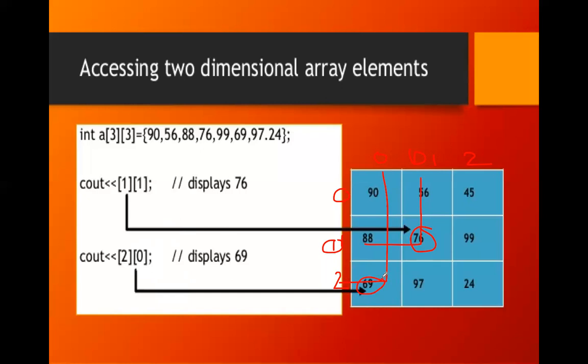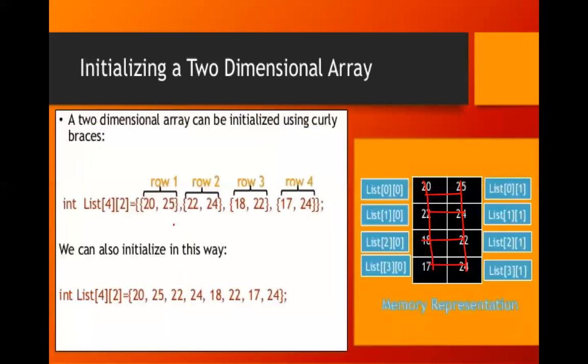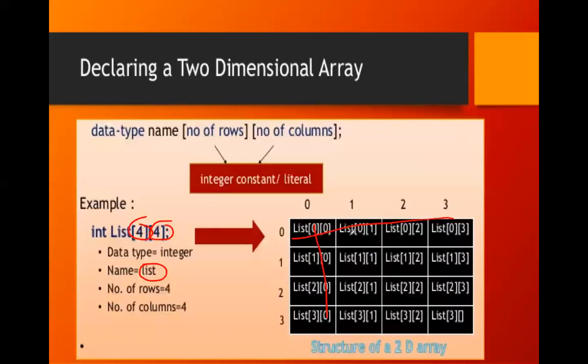Okay, so you understand what I said. So here a two-dimensional array will be represented like this. Okay, rows and columns. These are the rows and columns, and here columns and these will be rows. So like this, in the subscripts the first represents the row and the second represents the column.